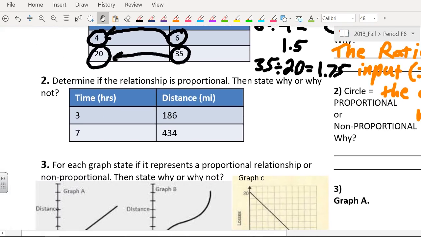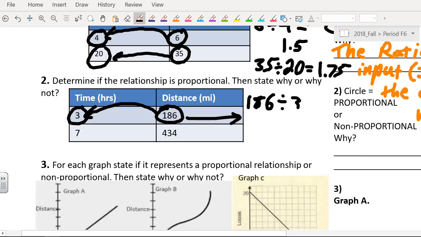All right. Determine if the relationship is proportional. Can you help us do this, sir? Okay, how do we do it? First of all, you do 186 divided by 3, and your output is 62. So the ratio. Write this down, please: 186 divided by 3 equals 62. And the next is